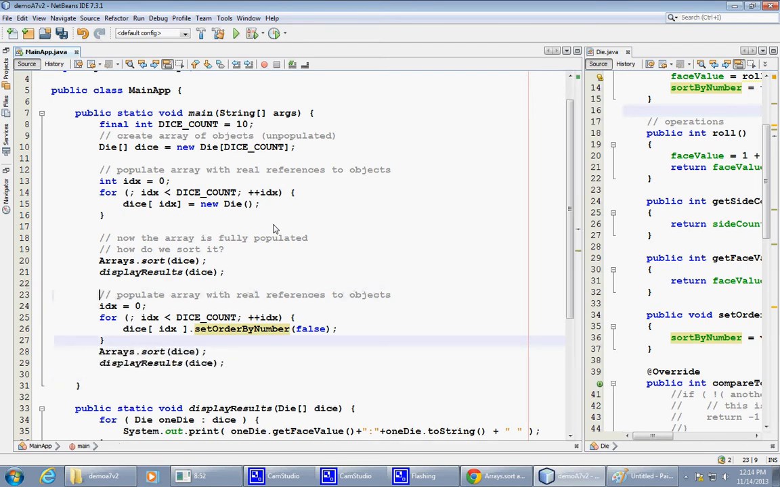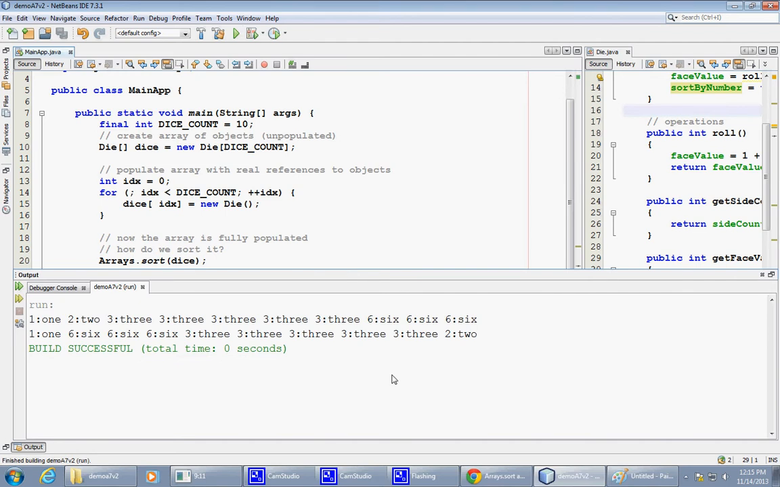So we'll say this time update array to sort by strings, right? And then sort again and display the results. Hopefully this works. It'd be interesting to see. So the same array sorted twice, but each time sorted differently. So alphabetically,